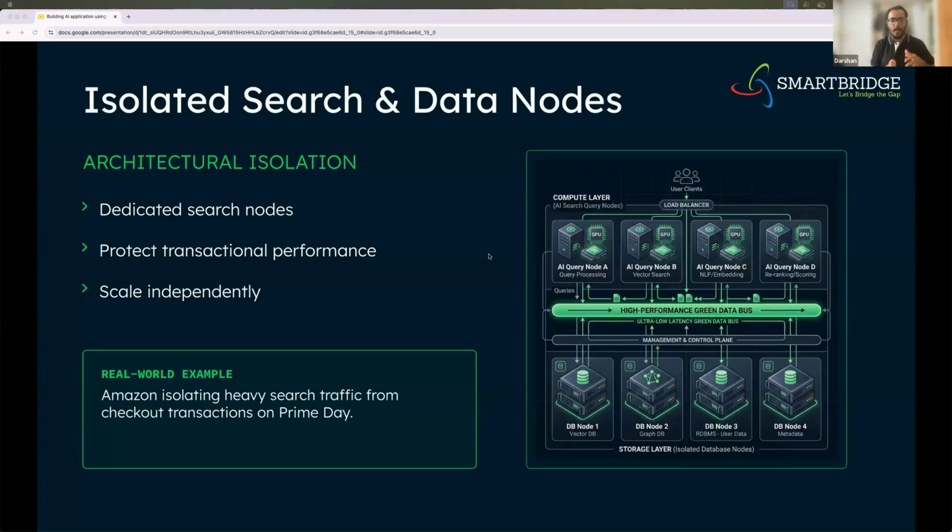Okay, so in order to avoid that, we will have a dedicated or isolated search node where all these search related processes will run on those particular machines, and you will not hamper your production data nodes